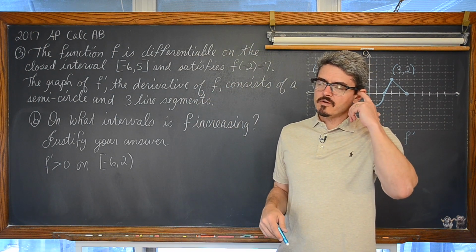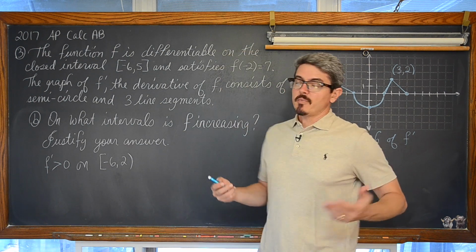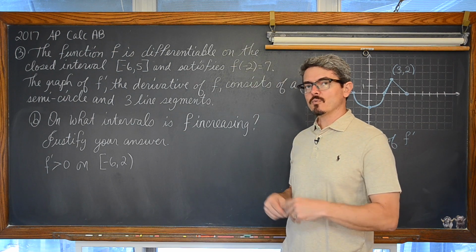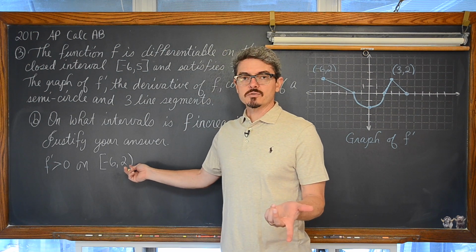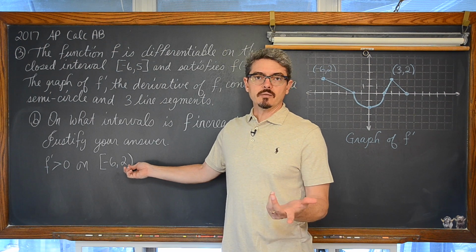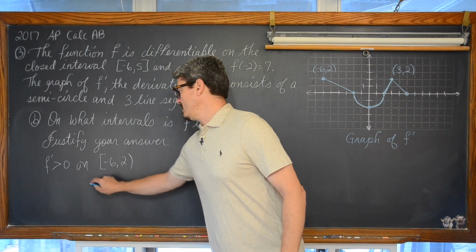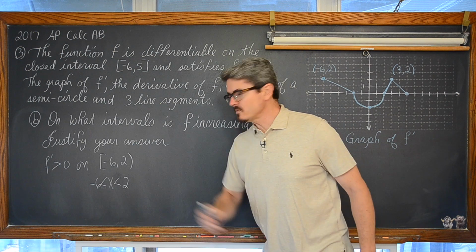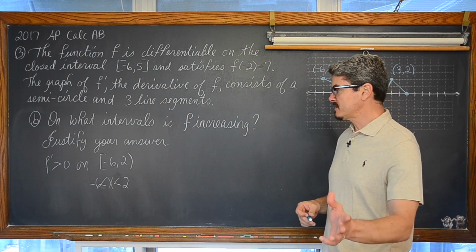AP is constantly evolving. I've got videos for old AP statistics. Maybe some of my notation and statements in those old videos aren't quite in sync with what they're really looking for on those scoring guidelines now. This particular test uses interval notation for intervals. I've been noticing that on the most recent test they're just writing statements like x is greater than or equal to -6 and less than 2. Either of these are interchangeable. I do generally focus on the interval notation because my textbooks I teach from do.